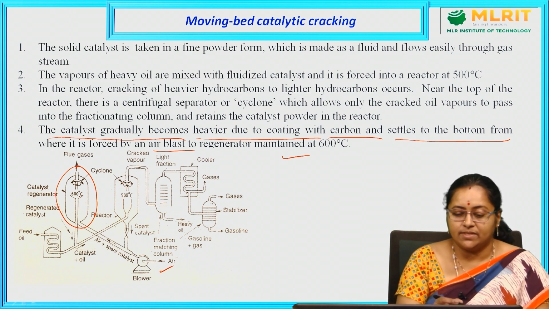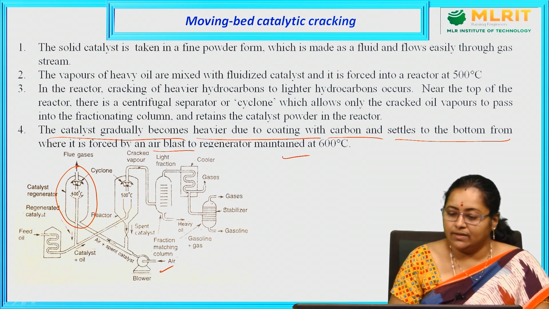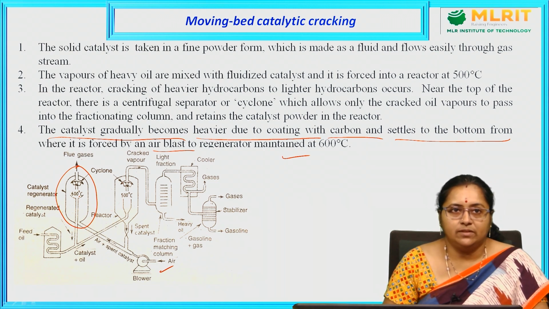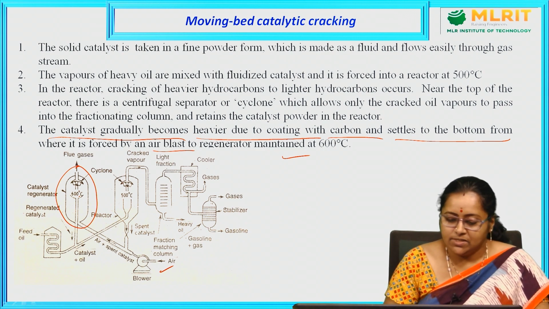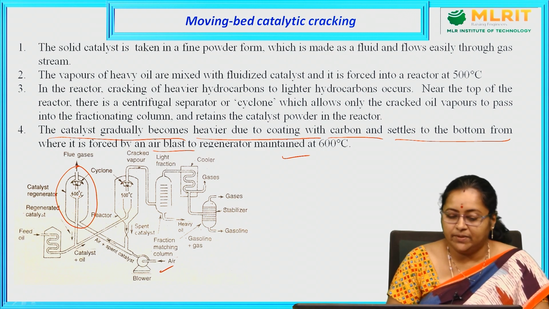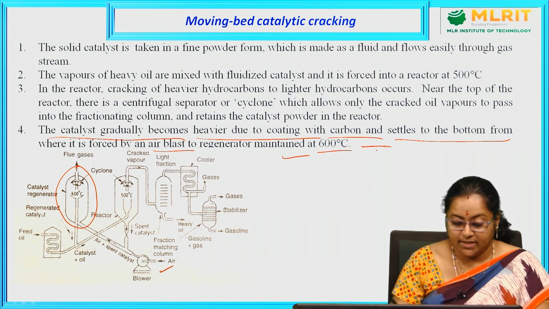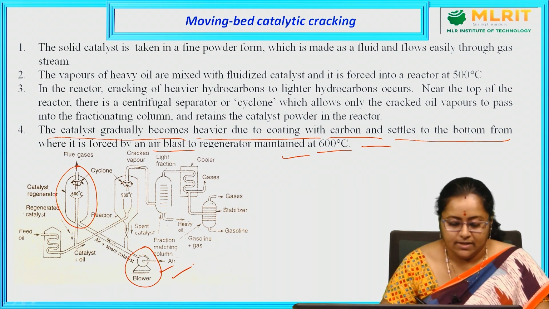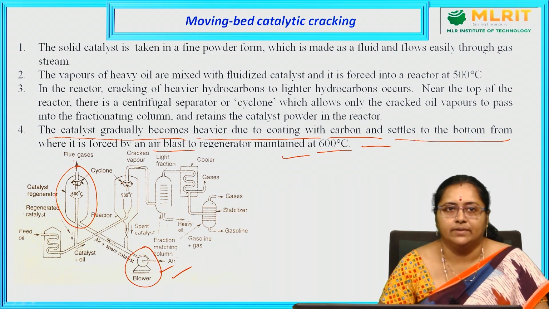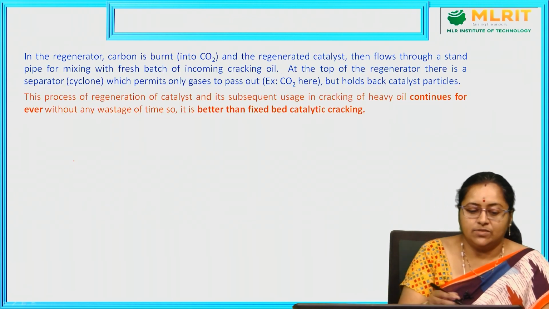As this process goes on continuously, we can expect burnt carbon formation at the bottom of this chamber, so that the catalyst gets exhausted. So how can it be regenerated? By blowing hot air maintained at 600 degrees centigrade. Using this hot air blaster, the air is allowed to pass into this chamber so that the catalyst can be regenerated. So this is what is mentioned here.